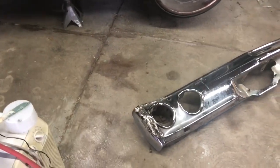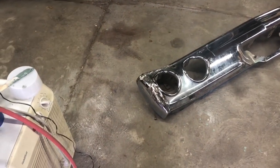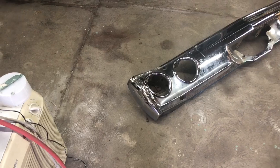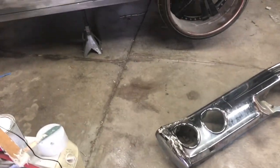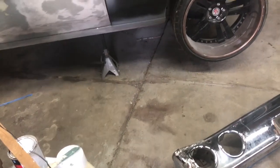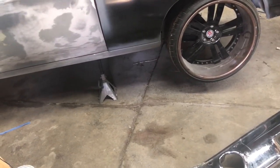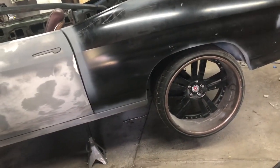You can look at the last video. That's the way I did it, and it's not necessarily bad. I was going to bodywork it anyway, but I want to try a different route. I was able to find another rear bumper, and I picked that one up, like I said earlier. And the good thing about the set that I found was